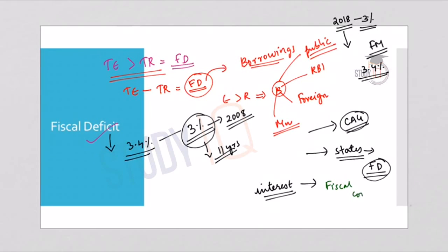What is meant by fiscal consolidation? It means reducing the government's fiscal deficit and also improving the fiscal health of the government. So it essentially means that the expenditure has to come down and revenue has to increase in order to keep a balance between the total expenditure and the total revenue of the government. And this will help the government to improve its fiscal or financial health.